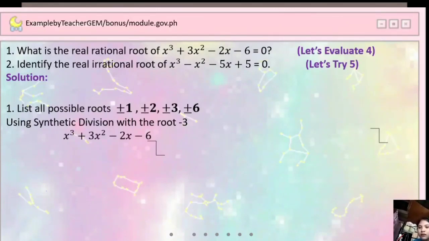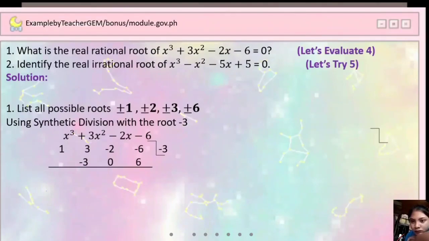So, using synthetic division again. So, we have 1, 3, negative 2, negative 6. Then, divide by negative 3. So, bumaba lang tayo again. Bring down 1. Then, multiply by negative 3. Negative 3 plus 3 is equals to 0. 0 multiply by negative 3, 0. So, bring down negative 2, multiply, 2 multiply by negative 3 is equals to 6, then 0